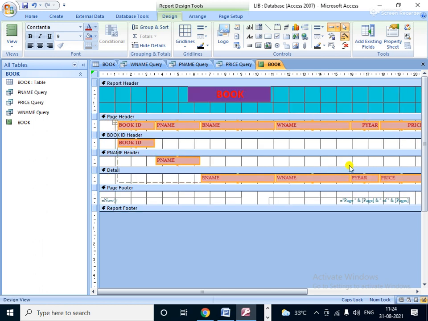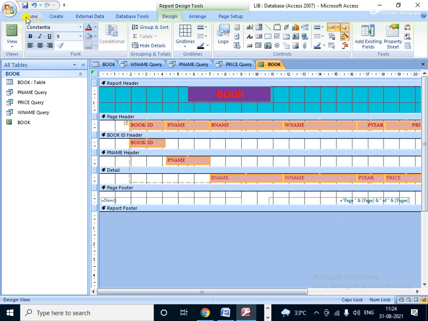See, it is increasing. So you increase it, no issue. Then save it. Increase it like this; just drag like this.